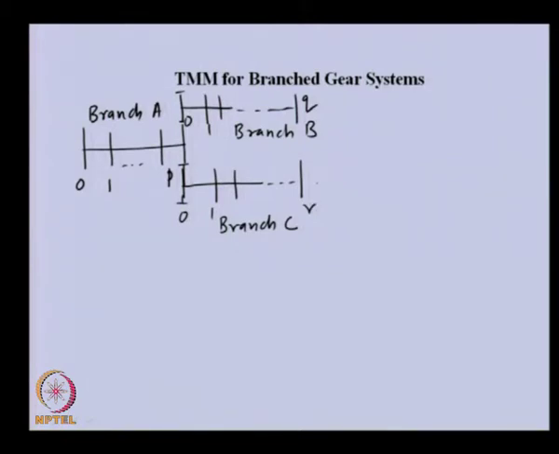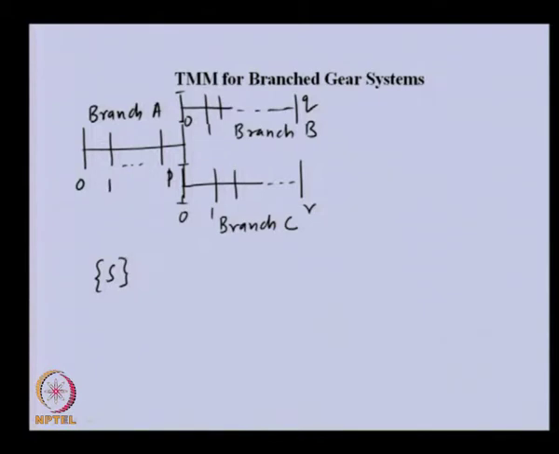So, there are so many discs in this particular system, but the main thing is this branching. You can see that from one particular shaft the power is getting transmitted to two shafts. We can have more also, but for illustration we are showing only the two. Because this is a multi-rotor system, we will be using the transfer matrix method, and for this we already obtained the state vector